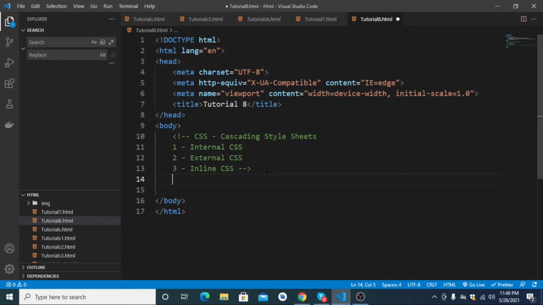When you make a website or a web page, we always use external CSS files. We attach or link them with our HTML files or documents to implement that CSS in our web page. But for understanding and learning the things, we are starting from internal CSS. Okay, how to use it.